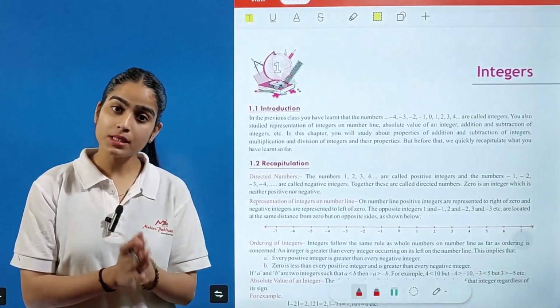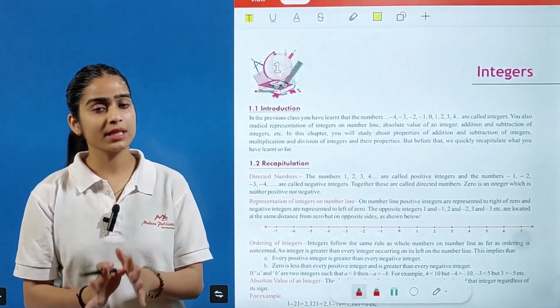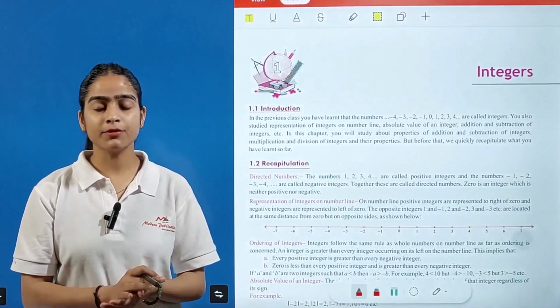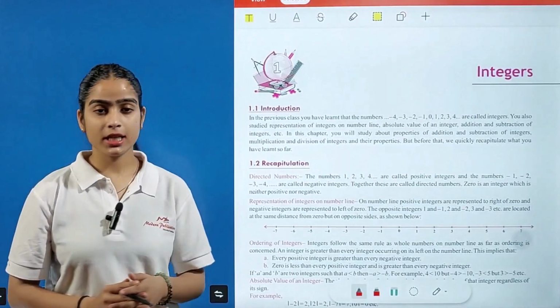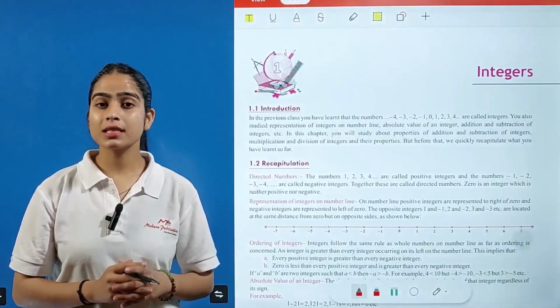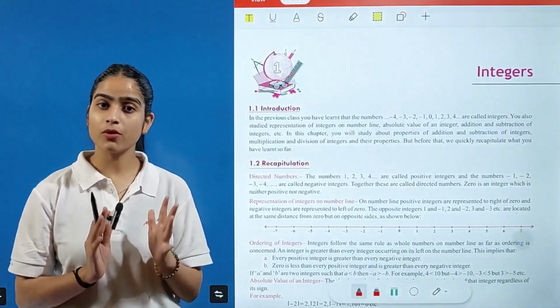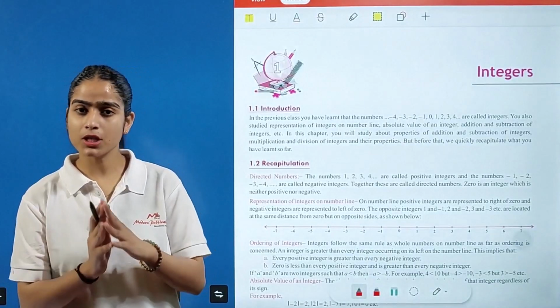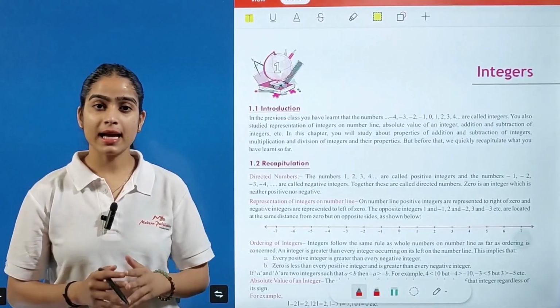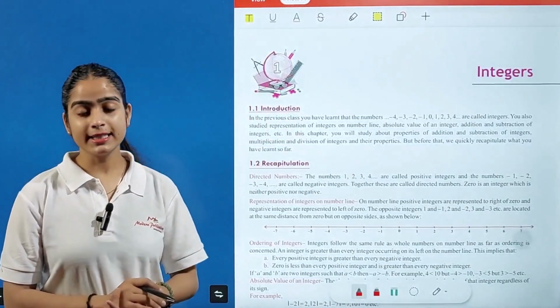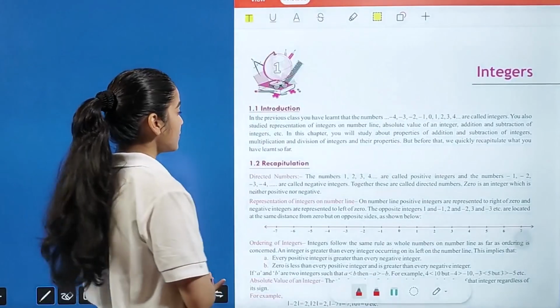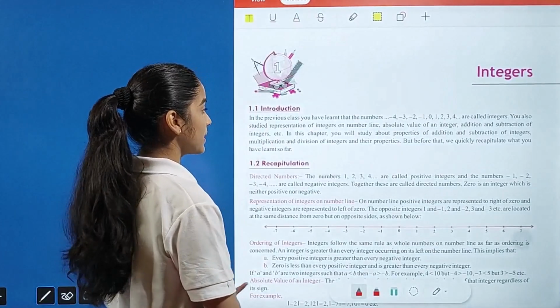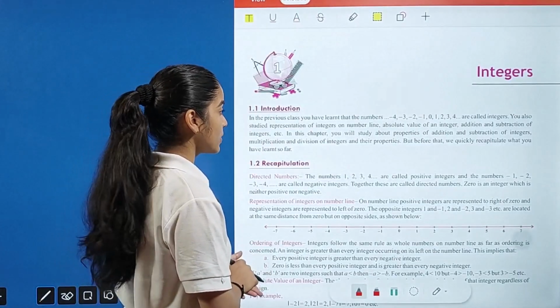Integers are numbers, simply the natural numbers, whole numbers, even numbers. The little difference in integers is that we have to use a negative sign. So when you have a negative and positive sign in your numbers, you have to understand these are your integers. In the previous class, you have learned that the numbers -4, -3, -2, -1, 0, 1, 2, 3,